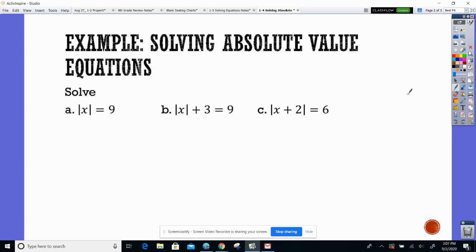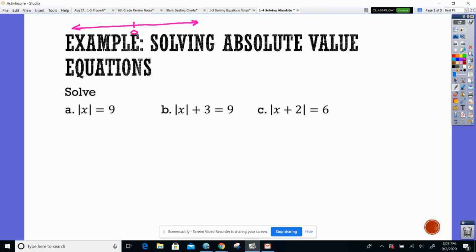What we're going to do now is learn how to solve some basic absolute value equations. Okay, so the first one we have is the absolute value of x equals 9. So I want to picture this on a number line real quick, just so we can see why we do what we do. If I have a number line,